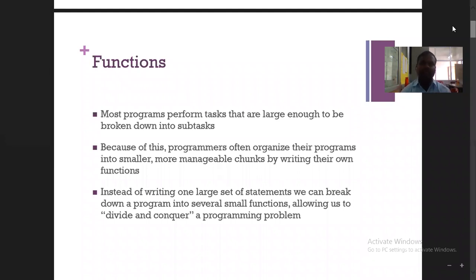For example, in banking applications, we have a deposit function, a withdraw function, and an account creation function. Each is a different function, but all together they form a banking application. Without functions, if we write line by line code, it is very difficult to debug and understand.